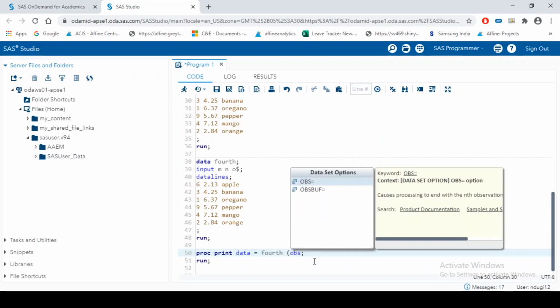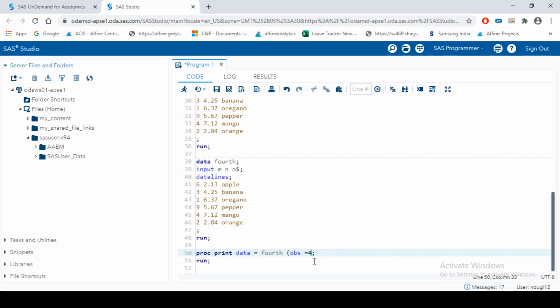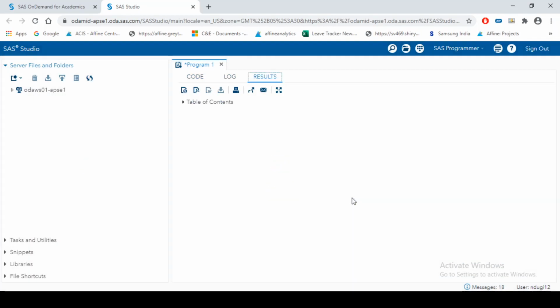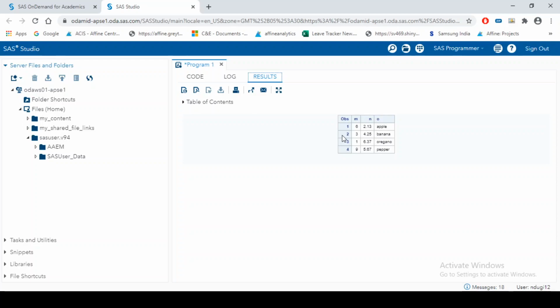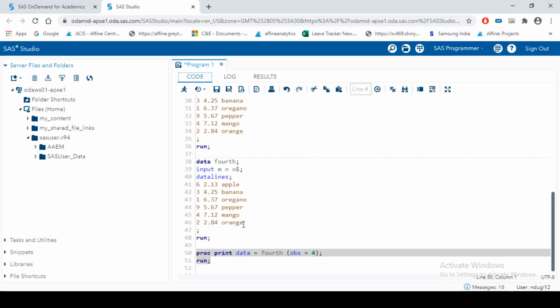For example, if I write OBS equal to 4 as one option, there are n number of options which we will be seeing, but right now I want to see just 4 observations in my output. If I run this, we now see only 4 observations. Now within these six observations, I want to start with the second observation and end at the fourth.